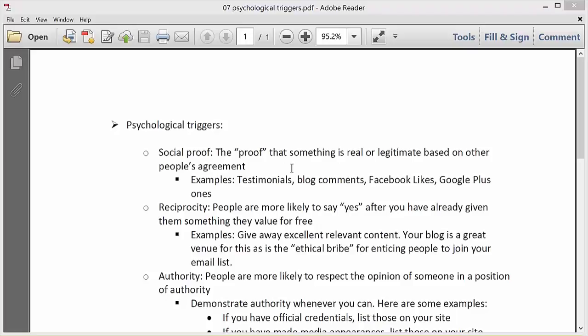real or legitimate based on other people's agreement. So examples would be testimonials, blog comments, Facebook likes, and Google Plus ones. So if you have a bunch of testimonials on your website, then that would be proof that what you're offering is for real or legitimate. If your Facebook fan page has a bunch of likes on it, then that would be an indication that you